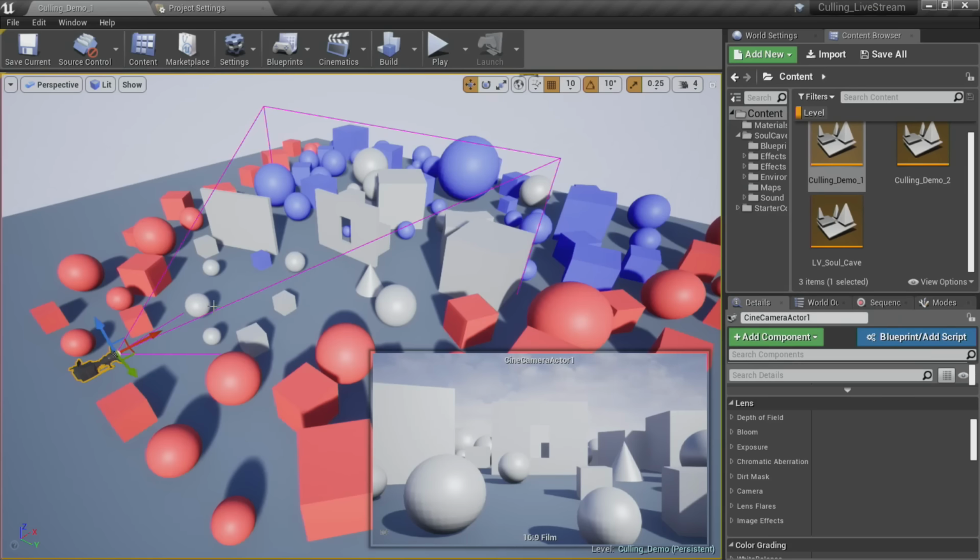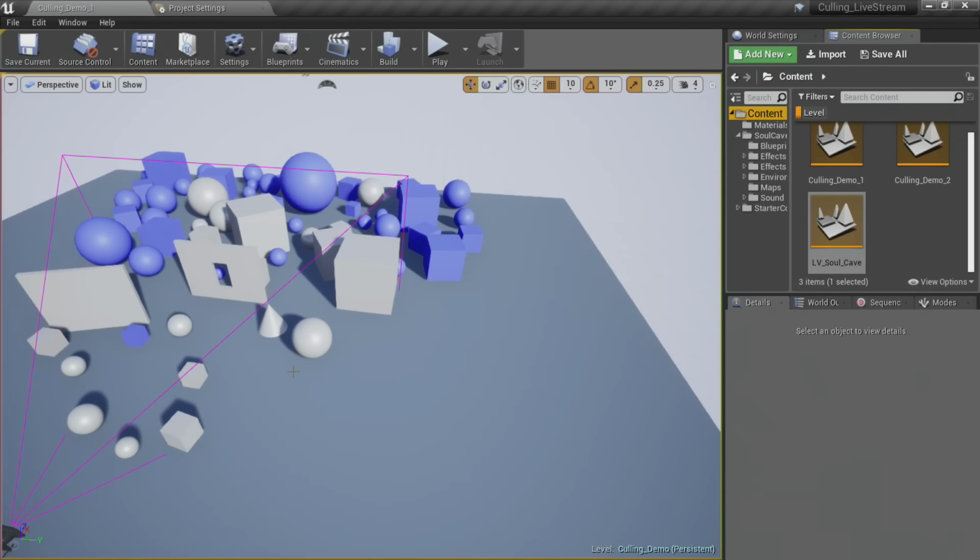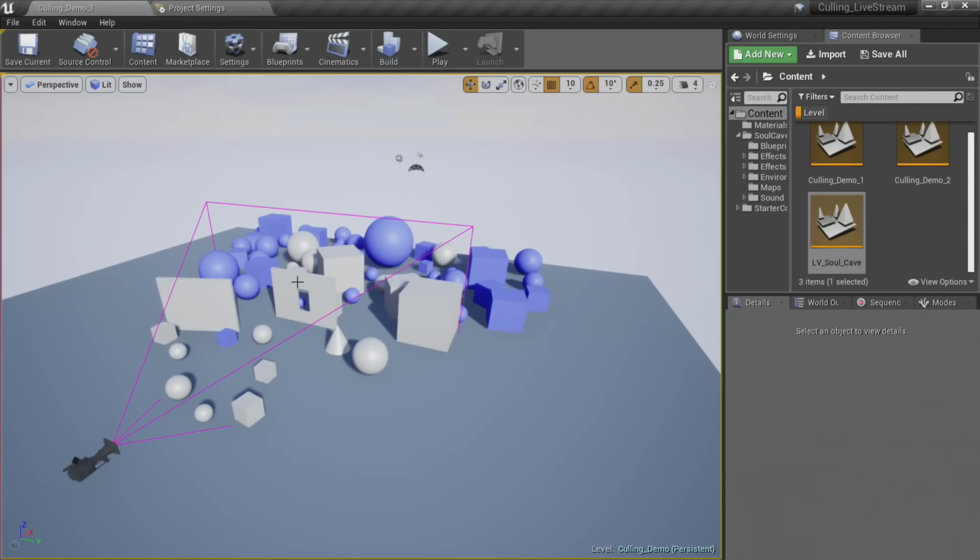And we just want to make sure that's not rendered because we don't want to pay the performance cost on it. So initially, we don't care about the red immediately because all those objects are outside of our camera frustum. So those are going to be view frustum culled, to just go ahead and get rid of those altogether. It just froze up on me. Oh, there we go. So I have those as a group, and I think it just froze for a second while I was highlighting them.